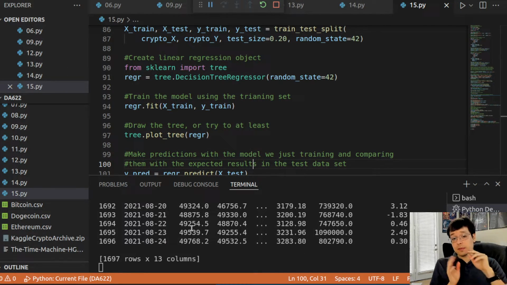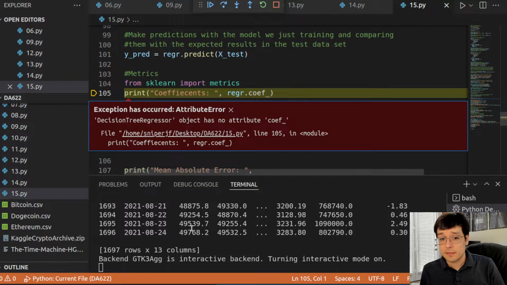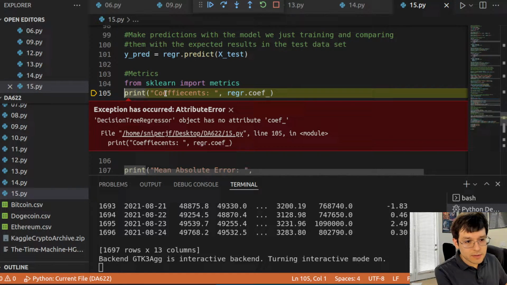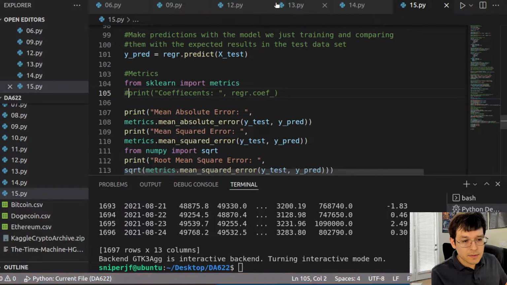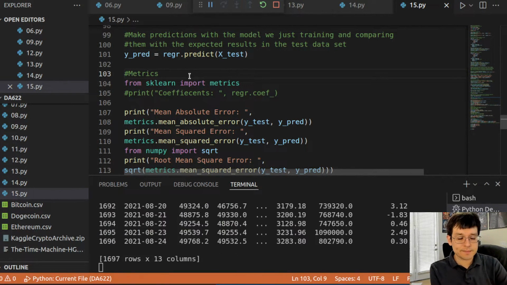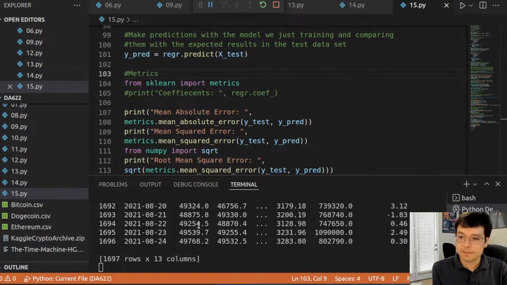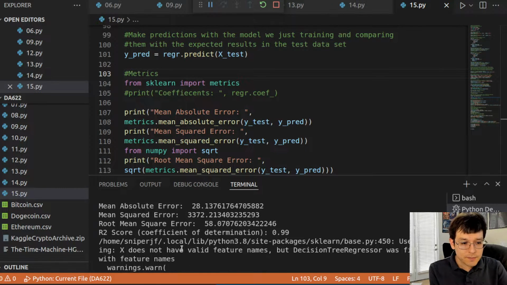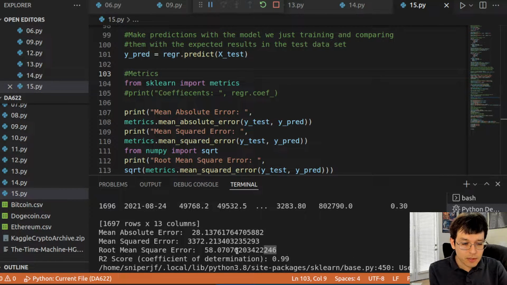Definitely takes a little bit of time. Oh, darn it. We got to remove this coefficient line. So let's run it again. Doing some machine learning. And yep, it finished. Now it's just trying to plot it. While it decides if it wants to plot it or not, let's just